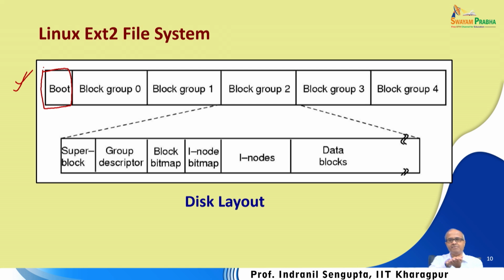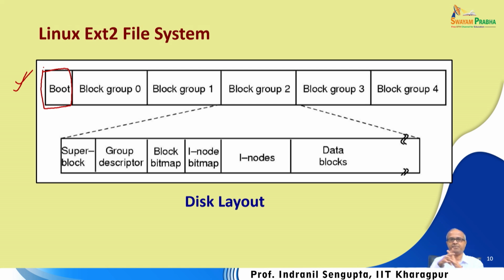There is some code on the ROM on the motherboard that runs first, and that code loads this boot block from the disk. That boot block contains a program, that program starts running, and once it starts running, it will bring up the file system, all the other necessary things will also be loaded,